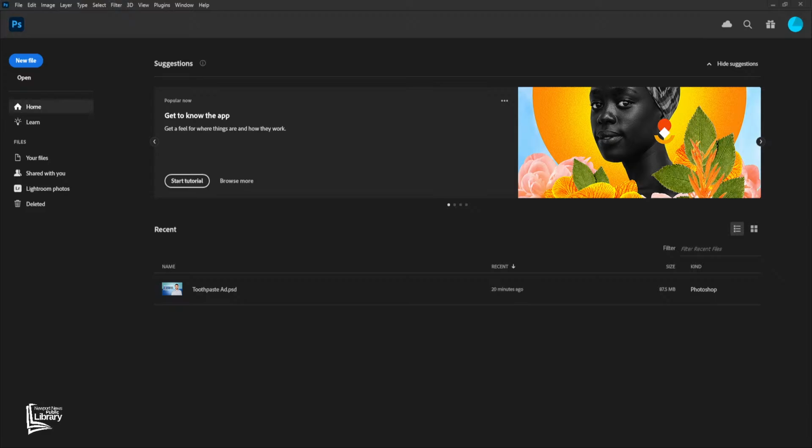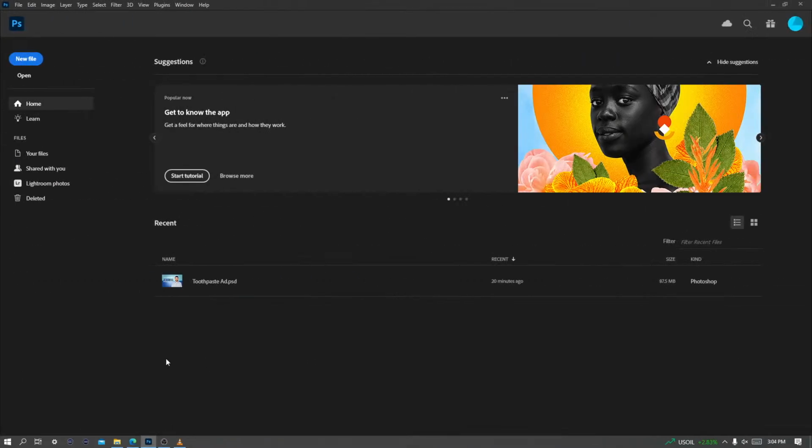Okay. So first thing I'm going to do is open one of my files. When you want to open a file, you can use File in the menu bar at the top here and go to Open, or if you're on the landing page, which we are right here, you can open the file by clicking this Open button on the left side of the window. And I'm going to switch my screen so you'll actually see my File Explorer. So I'm going to click on Open,